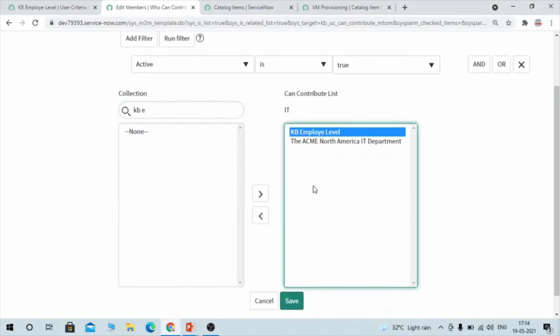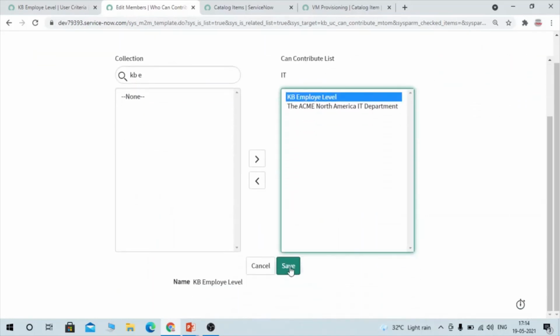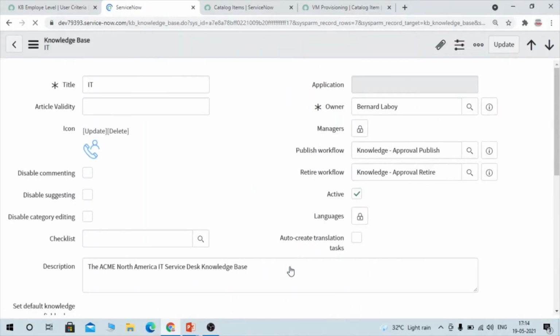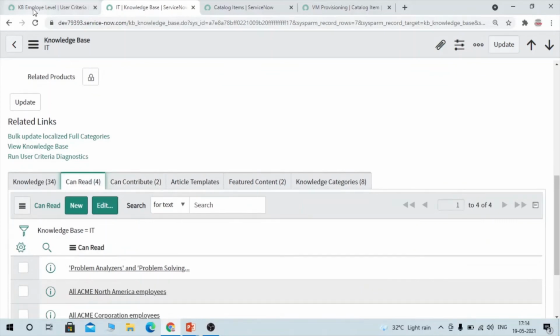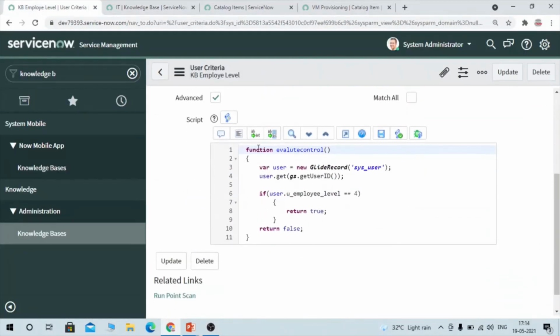So this is how you can create user criteria and add it into the knowledge base as well as the catalog item. And if you want to add a customized or a little more complicated user criteria, you can use the advanced script condition, and here you can customize and manipulate the data according to your requirement. This is the advantage of having the advanced script condition.